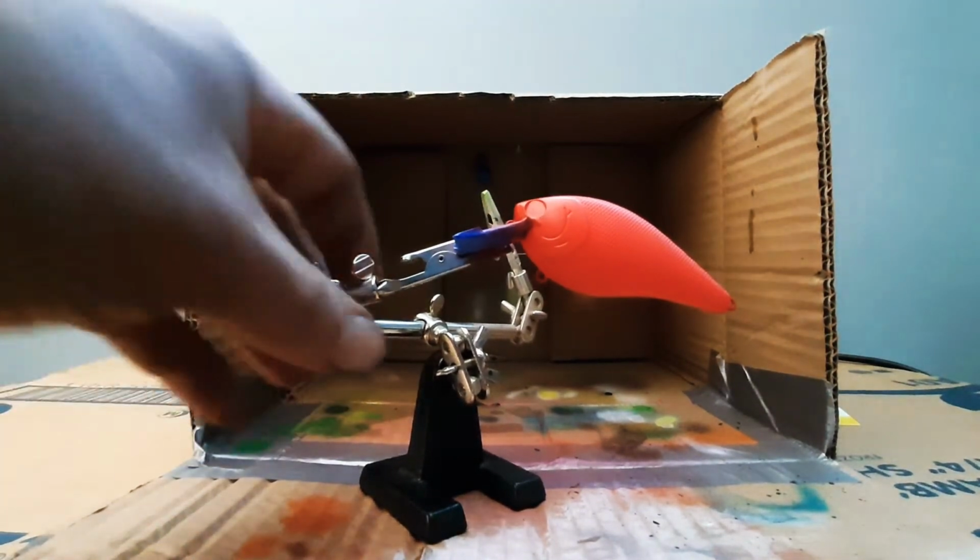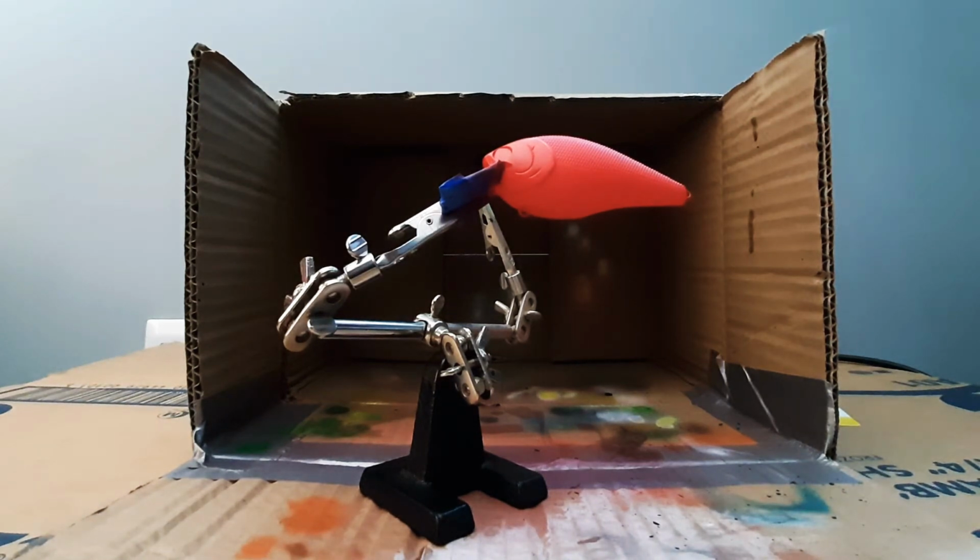Alright, so that looks pretty good. We're going to go ahead and clean out our airbrush, and we are going to load black. Okay, so